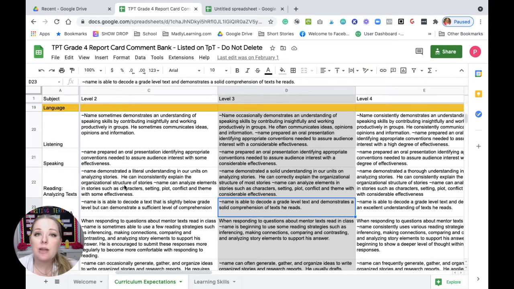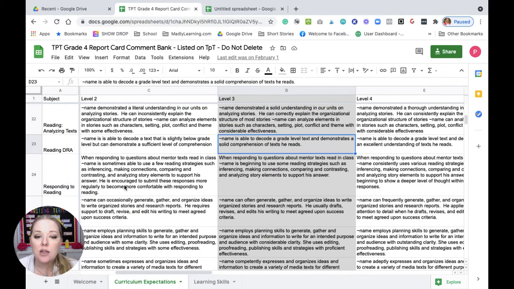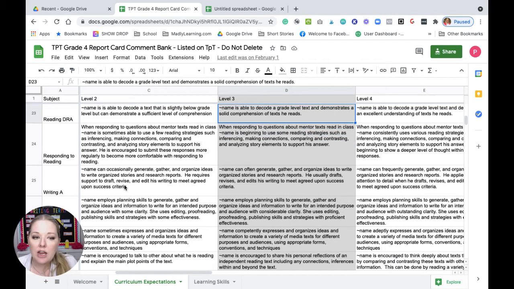Now, what I would end up doing is, in my overall comment, I will want a listening, I will want an analyzing texts, and I'll probably want a writing comment. So I will pull from those 3 different areas here in my comment framework bank to build the comment specifically for that student. Now, I can pull different comments for different students, and that's what makes it customized, is that I'm not just writing one comment for everyone, but I'm writing comment snippets that are going to be different from everyone. So I have 2 writing comments here.